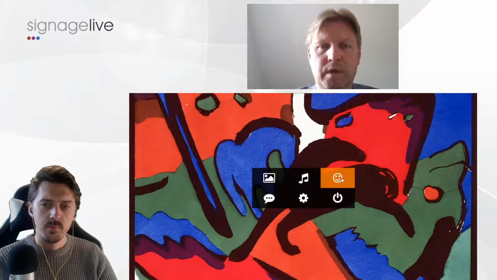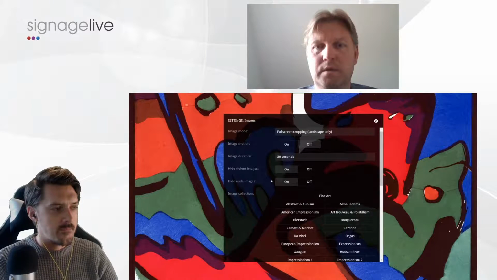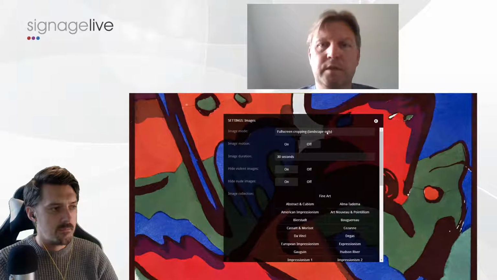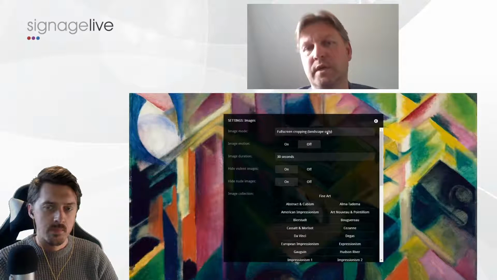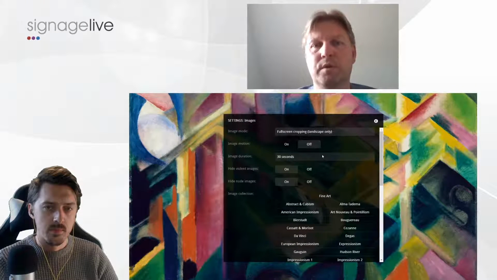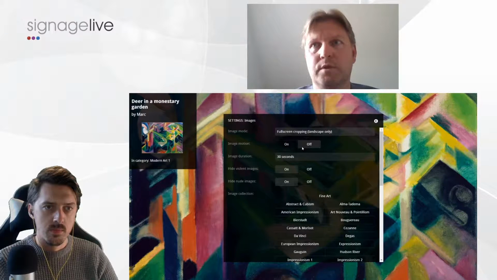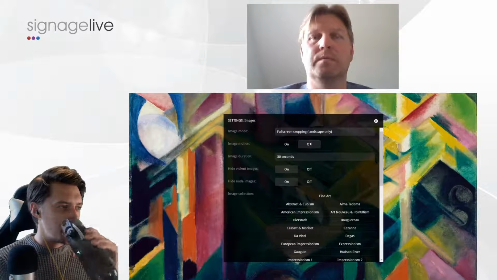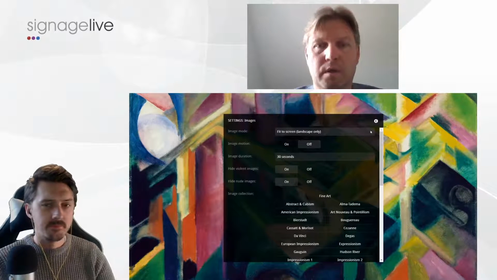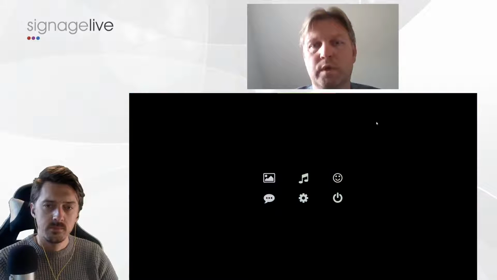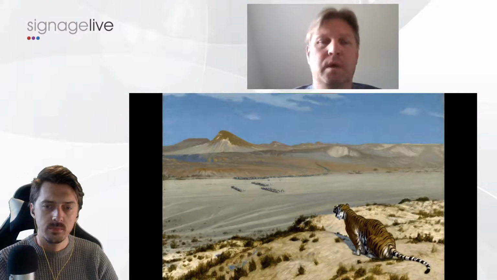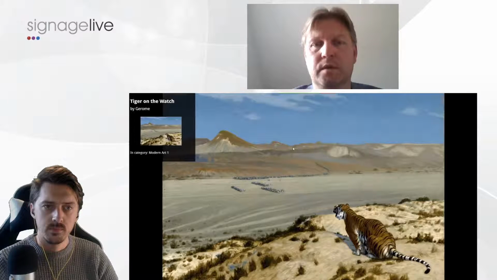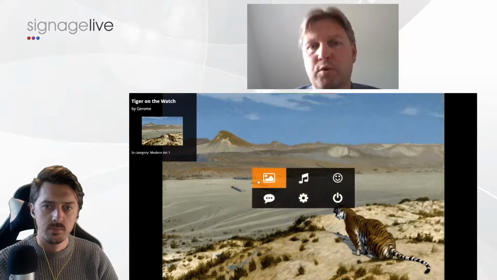Yeah, you log into ArtPlayer and you can activate the menu, and then you go into image settings. And as I said, you can choose image mode, but also the speed at which the art should change. Here I have changed the image mode from cropped images